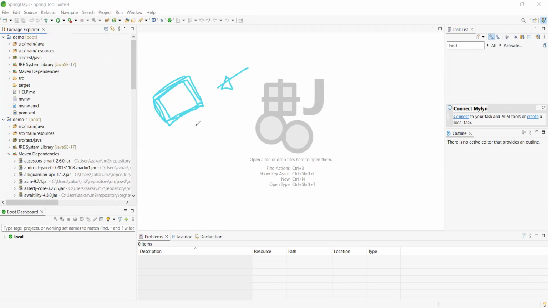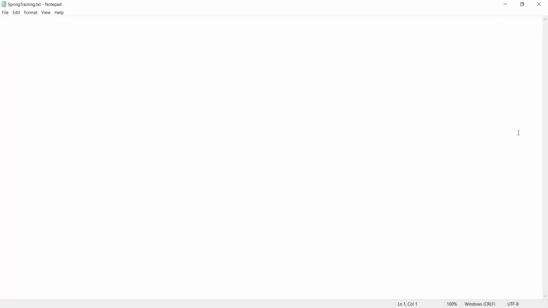Why am I creating this project? To explain only one point: what is meant by a module. I hope right now you can feel the concept of a module, right? Just understand the module, not other things. Any confusion? So I hope up to now we have cleared the Spring history. Spring is a modularized framework.